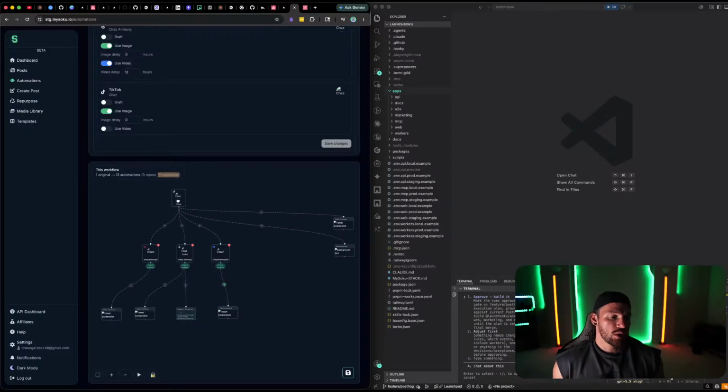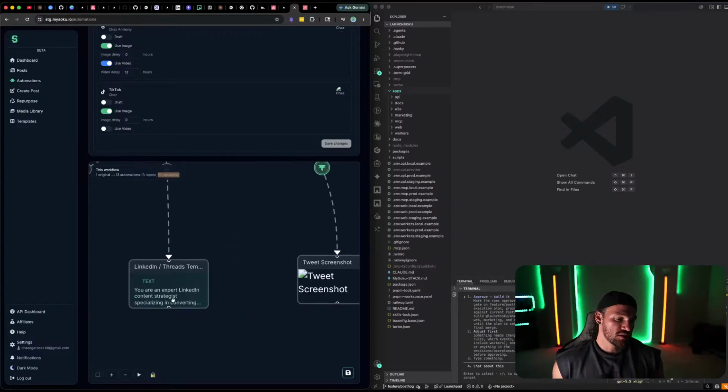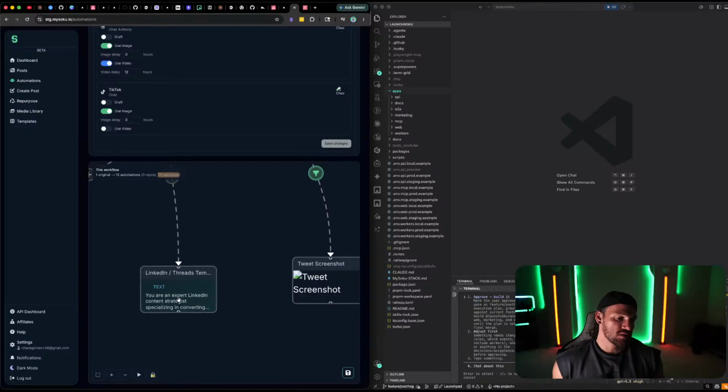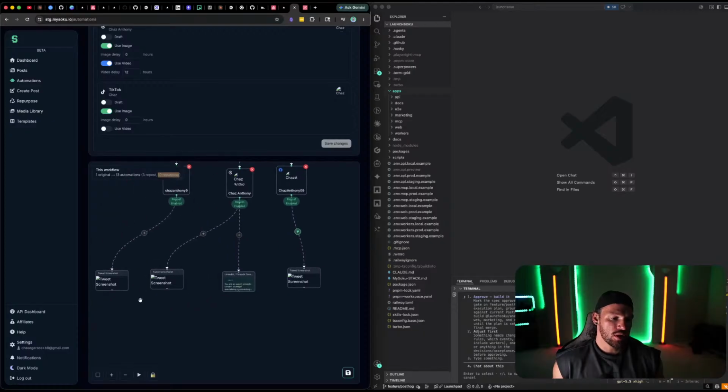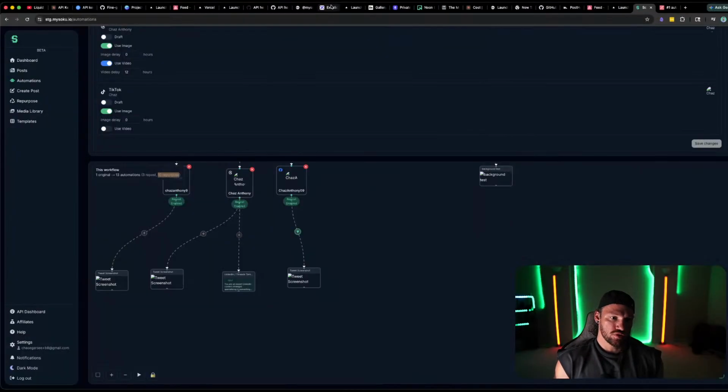So it'll take the transcript from this and then create, let's say like this one, a LinkedIn/Threads template. So it'll post a text-based post to Threads because it's connected to this one, right? And then these, I don't know why the photos aren't showing up right now, but these are, yeah, exactly. These are image templates. So it'll look like,